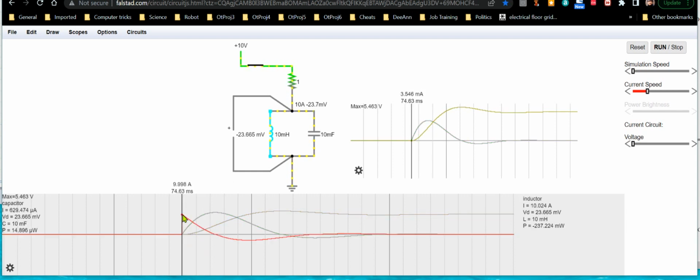But right now, the capacitor's getting in on some of that action too and charging itself up, and it's reached peak charge here, which interestingly enough is about 5.4 volts, or about 5.5 volts or so,